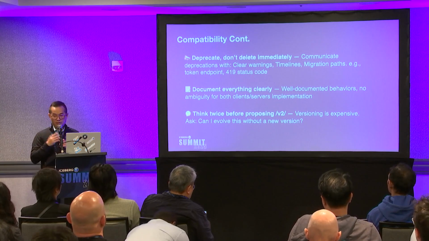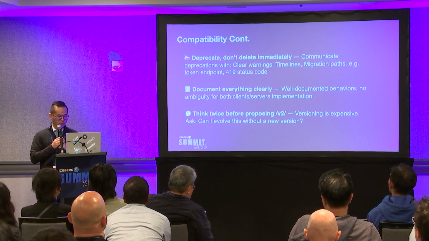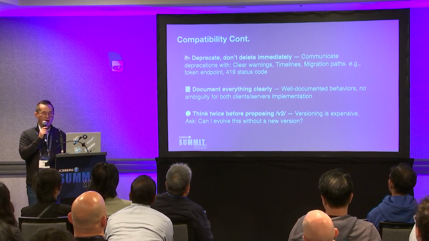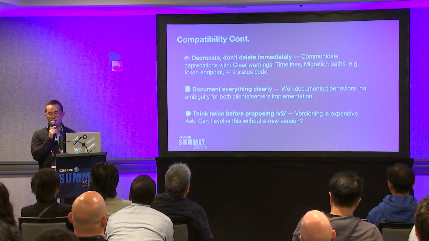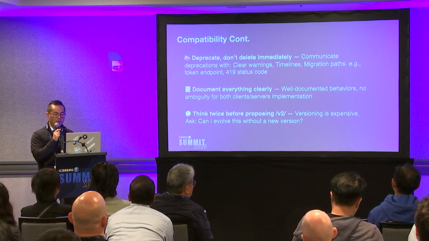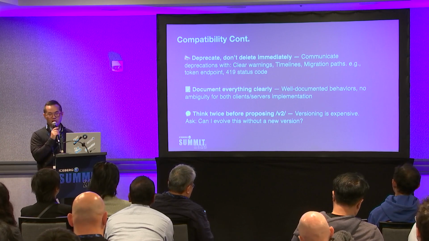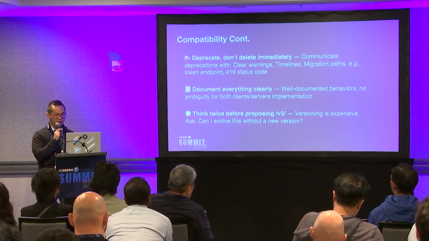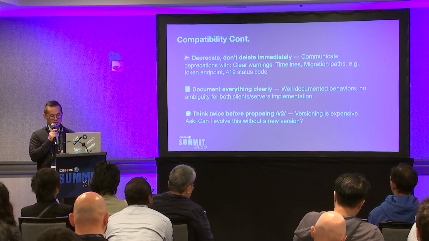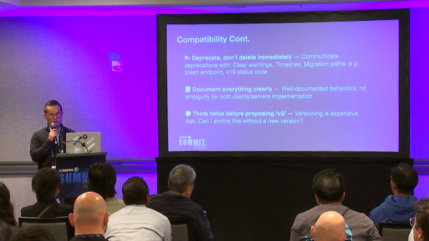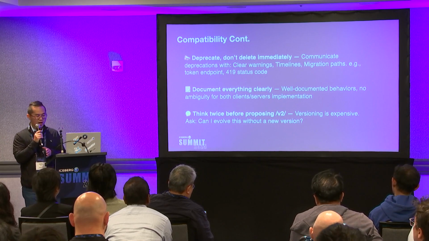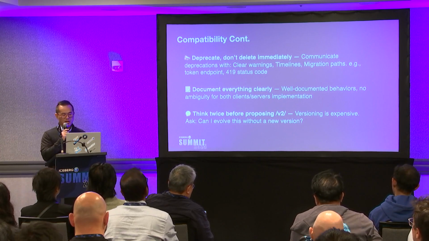Still, there are some cases where we need to deprecate something. For example, we deprecated the token endpoints, and there are some HTTP status codes we deprecated. And every time we deprecate, we should make sure we communicate to the community very well, with clear warnings, with a timeline, like which version we're going to deprecate that field or that endpoint, and with